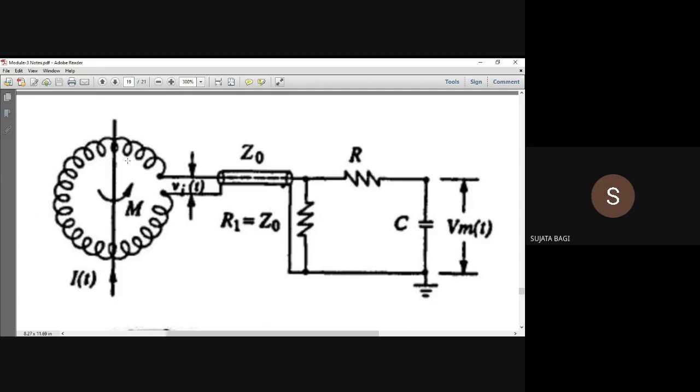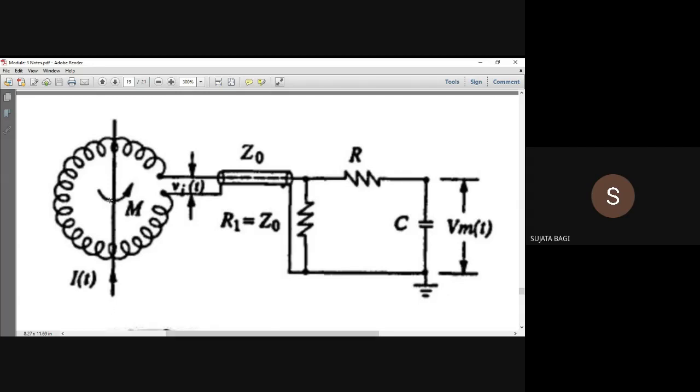When current flows through the conductor, a magnetic field is produced. The magnetic field links with the coil, and an EMF is induced. The coil starts at one end and stops at the other end, just like a loop. Because the magnetic field is induced, we get an EMF, and we get an output voltage Vi. This is how we get the current we are measuring, and we measure it through the CRO.